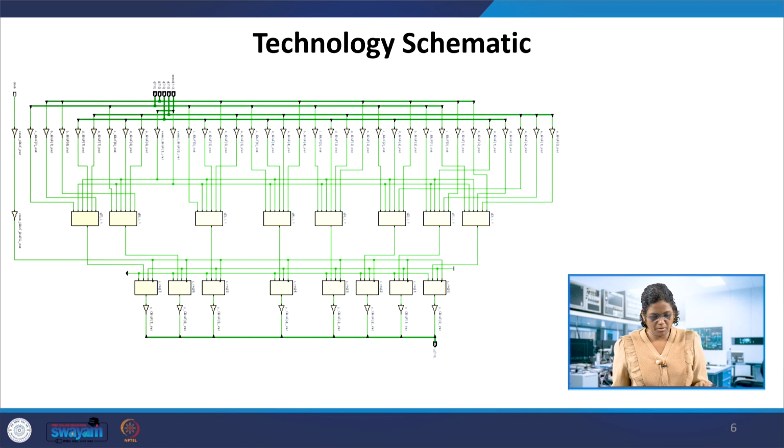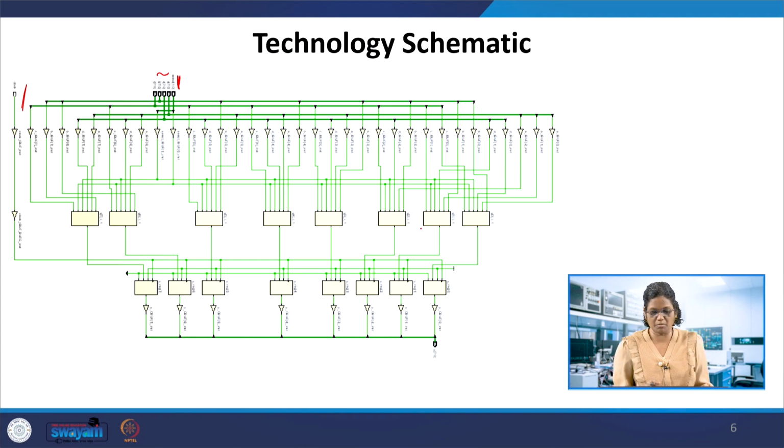So, the technology schematic shows A, B, C, D here, the 2-bit select input, and the clock, which decides the registers 0 to 7, 8 bits for input, and the outputs have also been shown here.